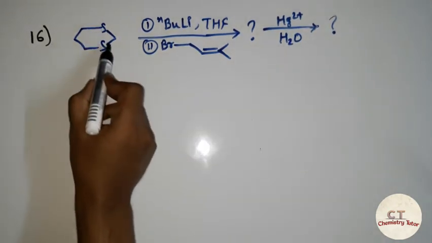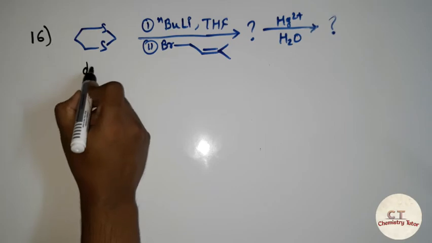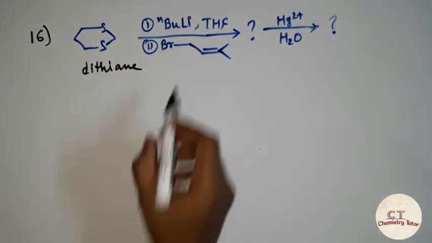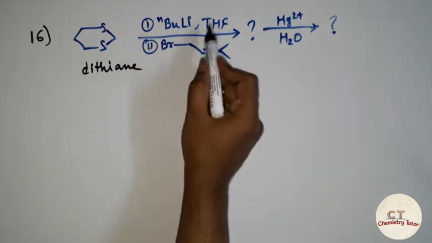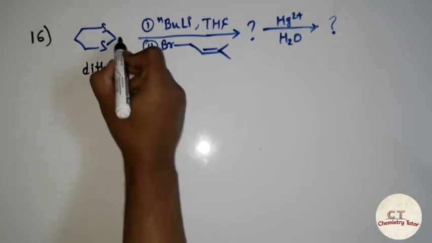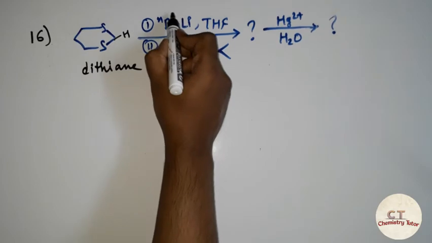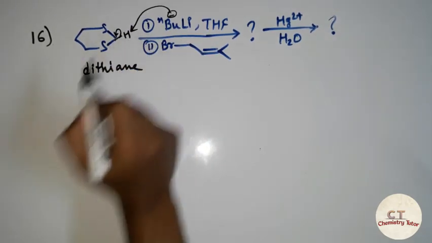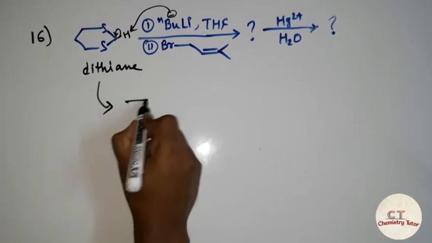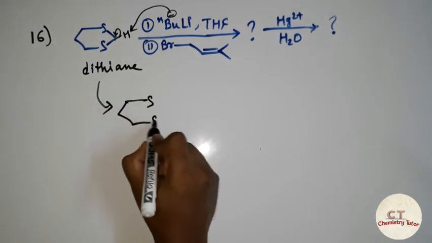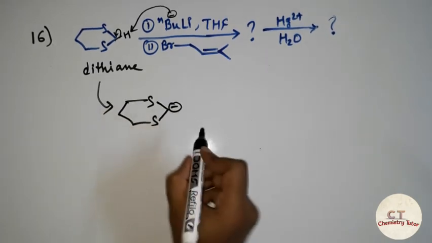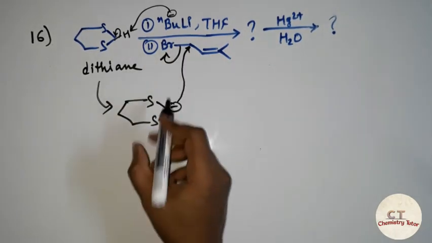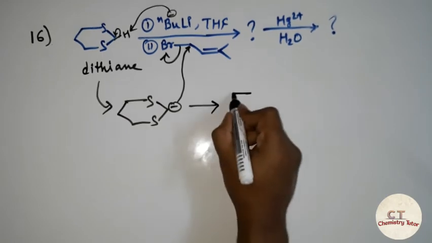So what is this? This is a dithiane compound, dithiane. On treatment with butyl lithium in tetrahydrofuran, what is it going to give? There is a hydrogen, so butyl lithium is going to abstract this hydrogen, and there will be generation of a negative charge. Then this negative charge is going to attack here, since bromine is a good leaving group, so it will leave, and it will give us